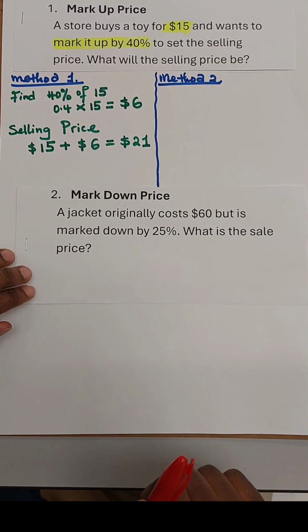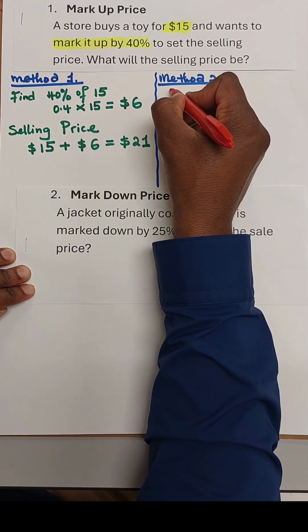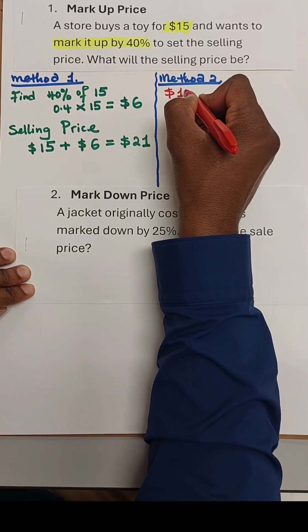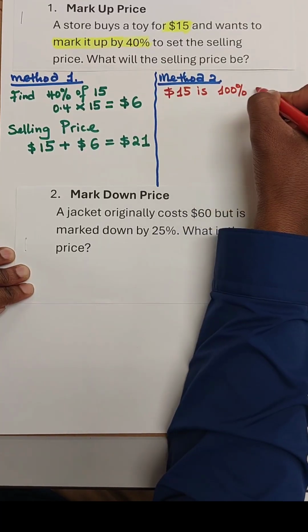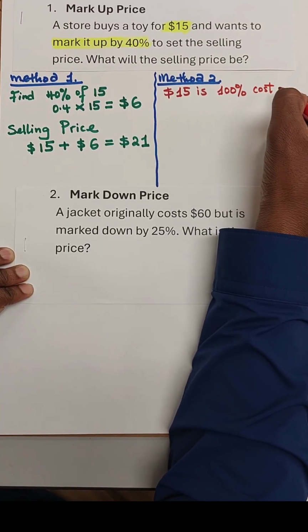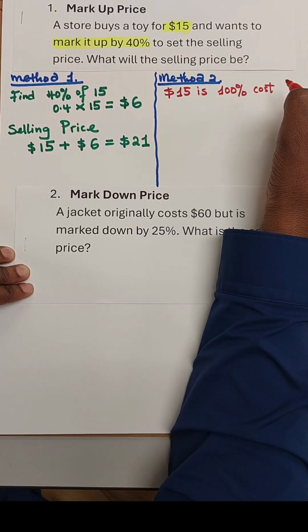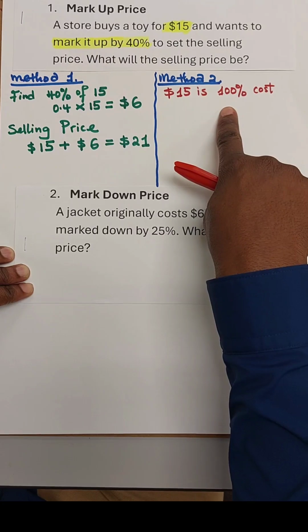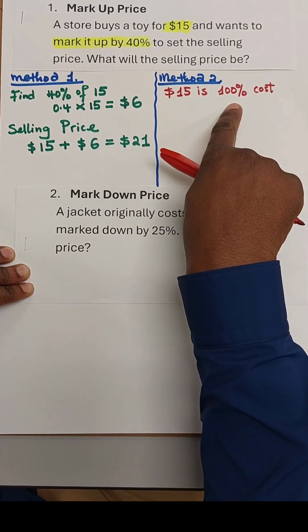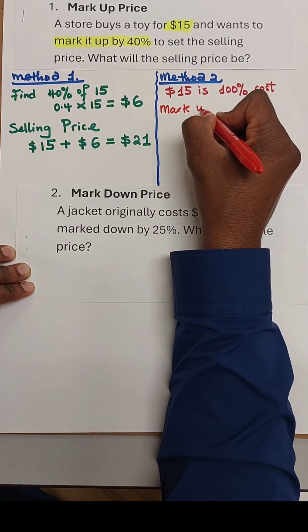With the second method, you go from the percentage point of view. You will understand that $15 is 100% cost. If you sell it at $15, you have sold it at the same cost, so it's 100% of the cost. So if you mark up 40%, you add the percent on the percentage, not the money yet. Let's go ahead and add it on the percentage. Mark up 40%